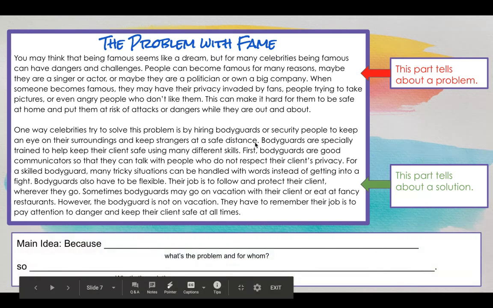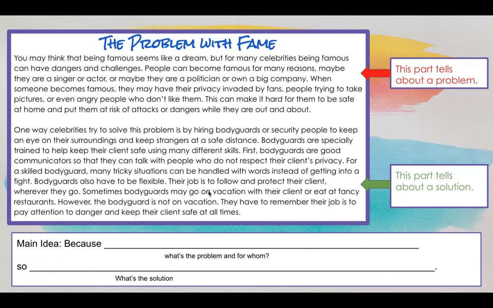So I like to use a sentence stem like this. Because blank, what's the problem and for whom? So blank, what's the solution? Take a minute to think about the passage we just read. What is the problem and for whom? So because of,